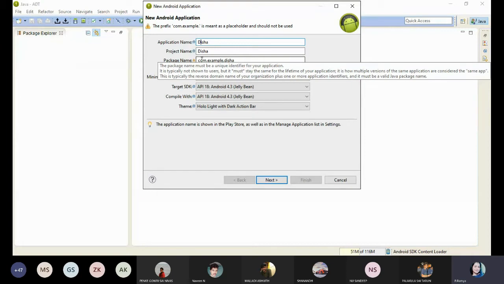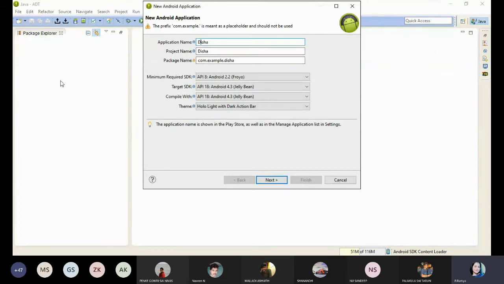Then what is the difference between those two? Why do you need to give both? Whatever you create within the Eclipse platform, we actually call it a project. But in the Eclipse platform, whatever project you create, we are going to call it an application. That's why it is displayed like this.